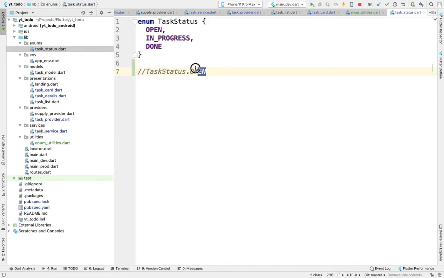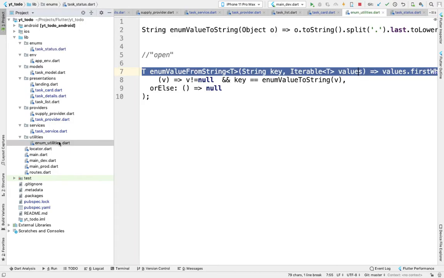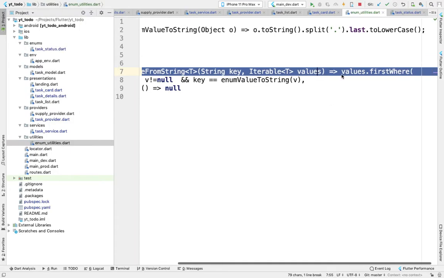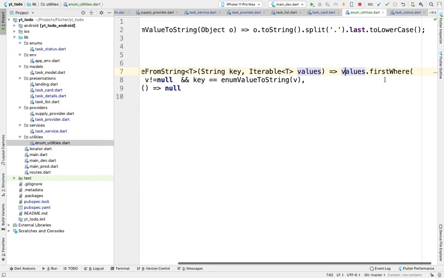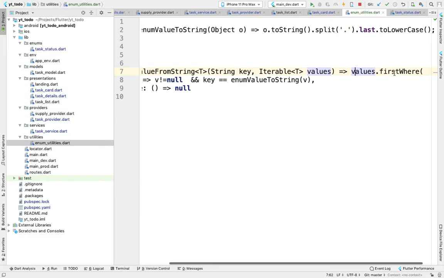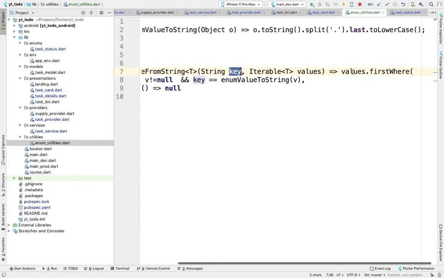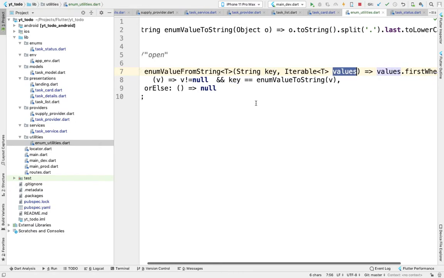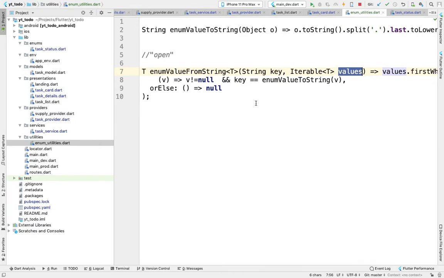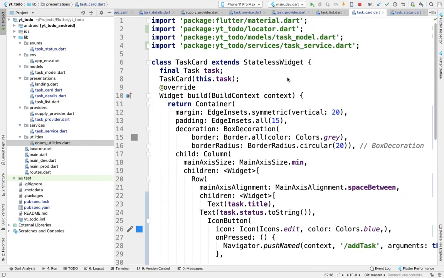So this will be one enum value, and this is basic programming. This is nothing rocket science here, what I have done. So it will take the values, and it will match each value with the key that we have passed. So if a match is found, it will return the value. So the value will be task status dot open. So it will return us the enum value.